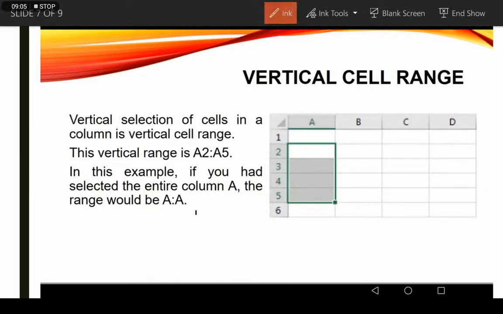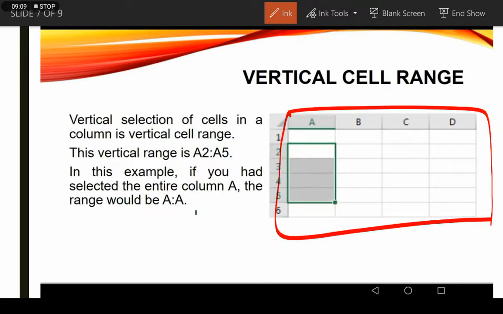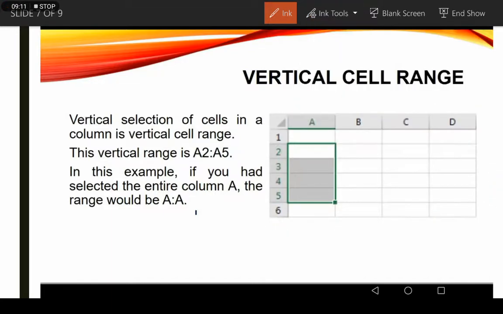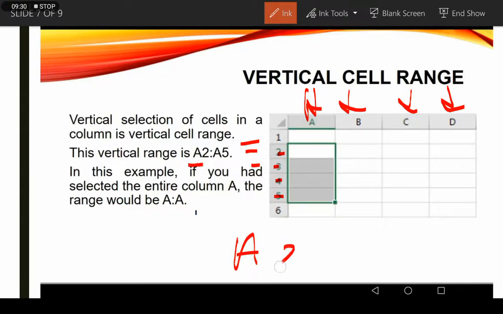So vertical cell range. As you can see in this image, these are some columns A, B, C, D and rows 1, 2, 3. In column A, row numbers 2, 3, 4 and 5 are selected. So we can simply write A2 colon A5.